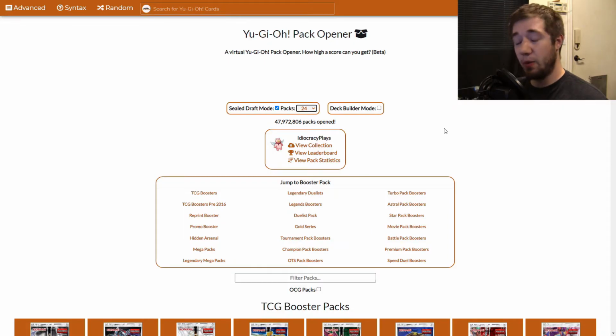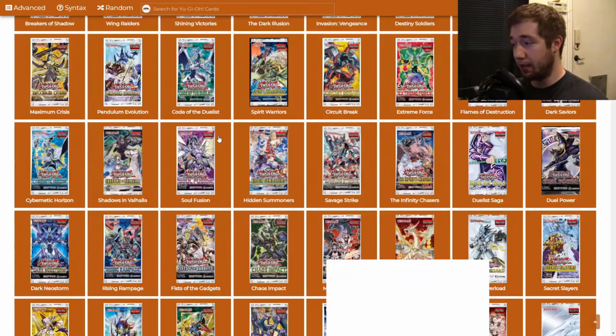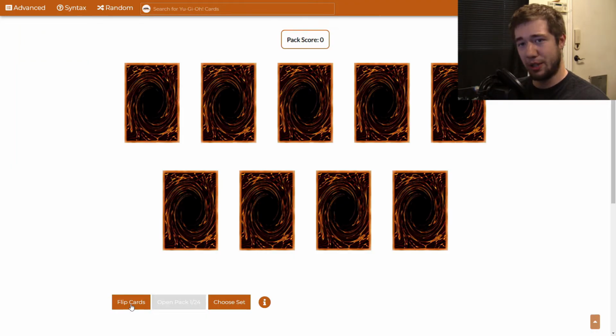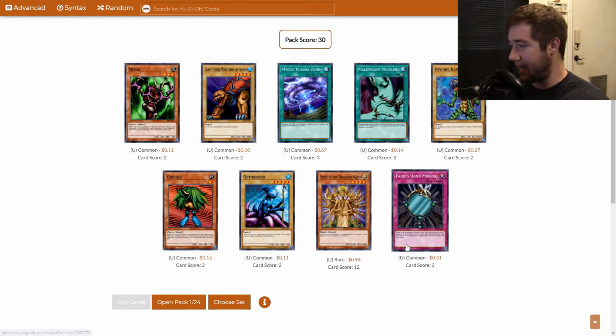But with that, it's time to move on to the pack openings, and I'm sure Isaac has told you about all the goodies inside Magic/Spell Ruler. So we got 24 packs, and we're gonna just jump right on in. First pack of Magic Ruler/Spell Ruler, depending on what you're more familiar with. But we're gonna flip it up, and we get